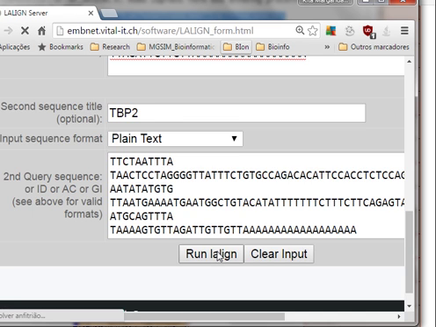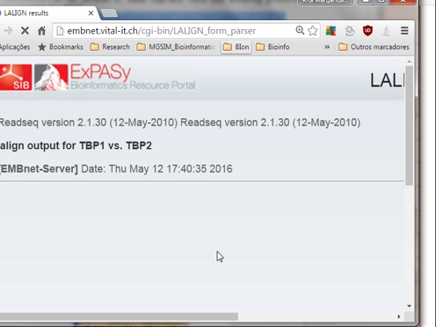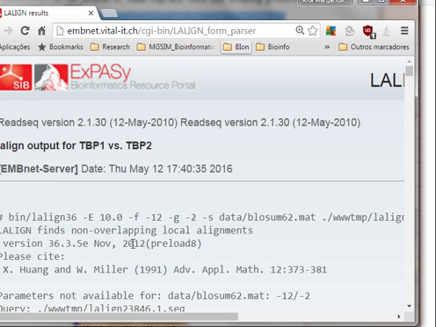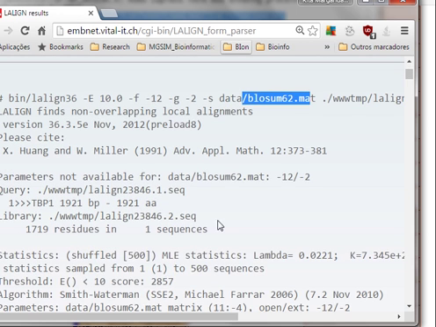And here, as a result, you expect to have the alignment. Here you can see all the parameters chosen: the matrix, opening and extension penalties, the size of your sequences, TBP1